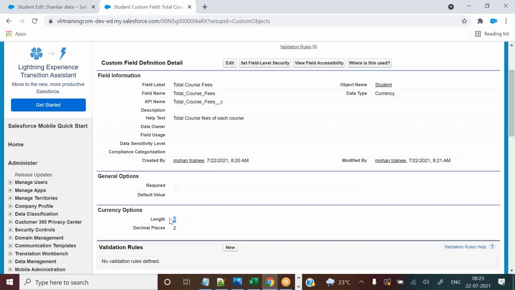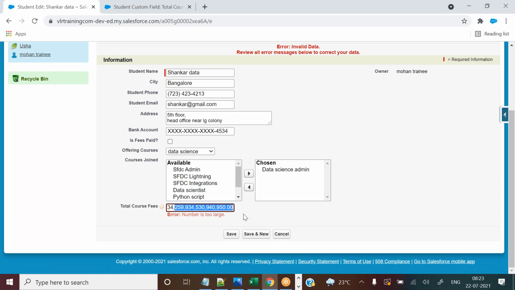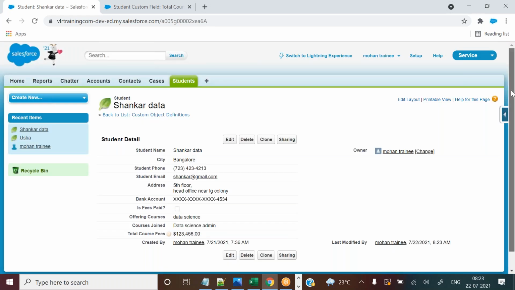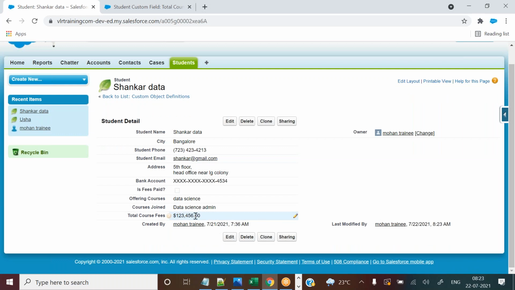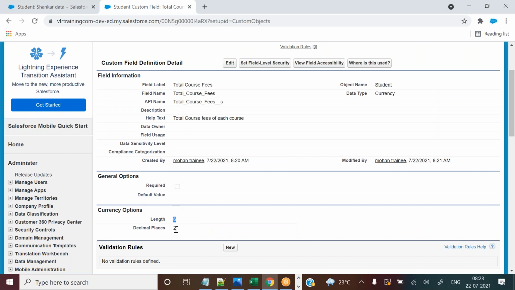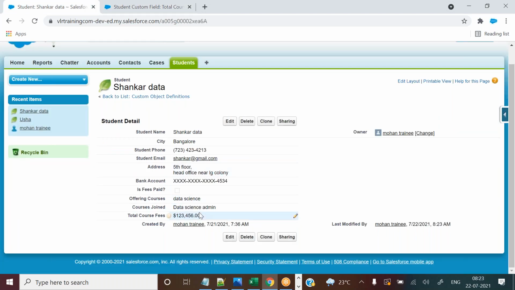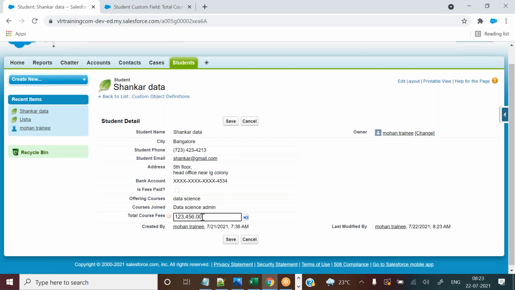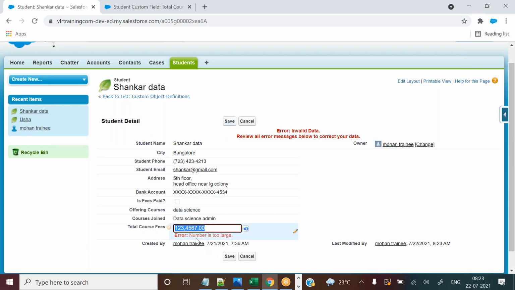We have configured the maximum to 6, but you have added more than 6 numbers, so that is the reason you are getting the error. So let's add 1 2 3 4 5 6 maximum. Save it. Now you don't get any errors. 1 2 3 and 1 2 3, totally 6 digits, after that 2 decimal values. That's it. If I try to add one more value, definitely you will get the error: number is too large.